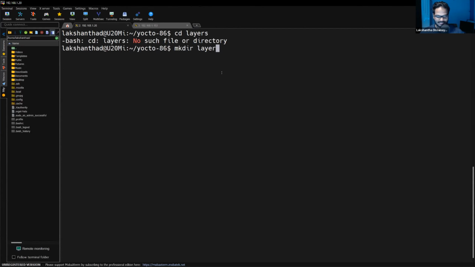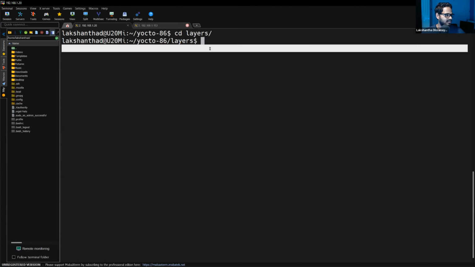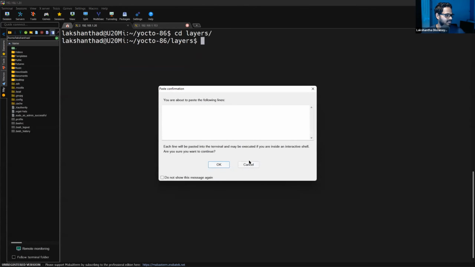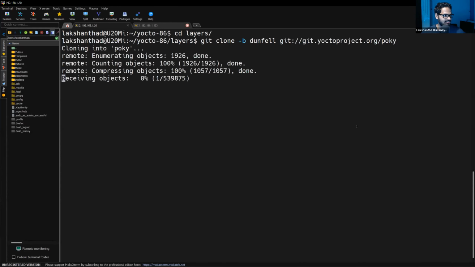Okay, I'm doing the wrong commands here. Okay, first, I will clone the Poky repo. I think it'll take a couple of seconds here. Okay, it is a bit slow.